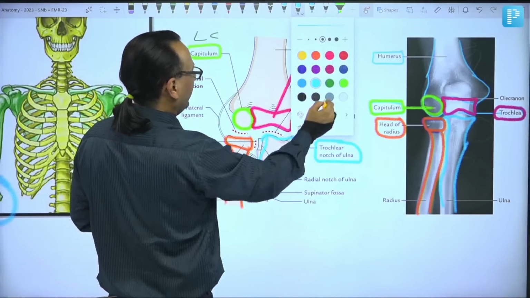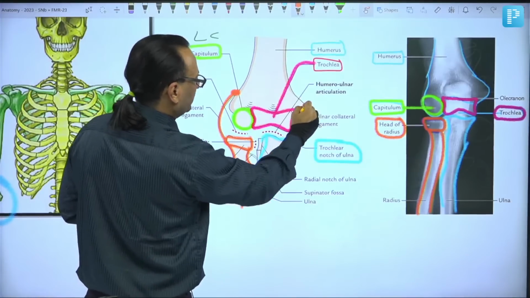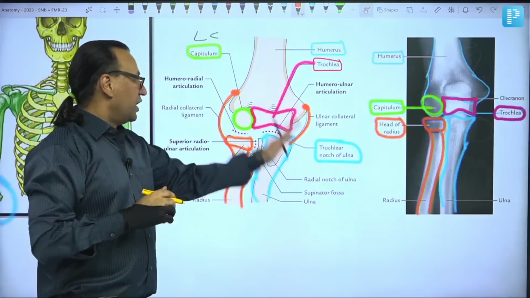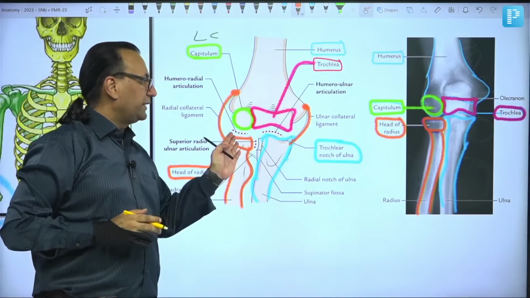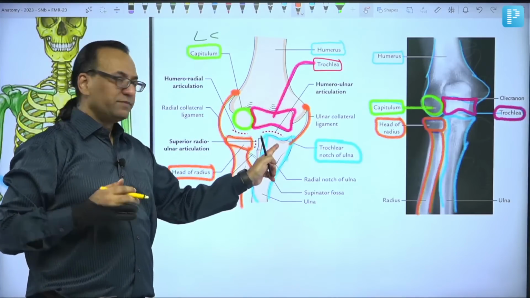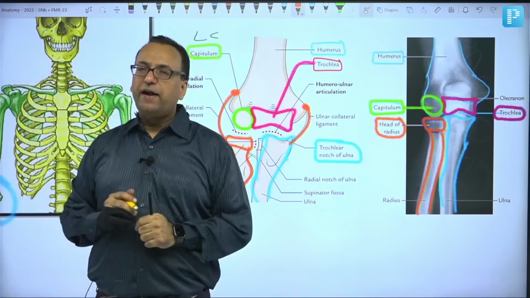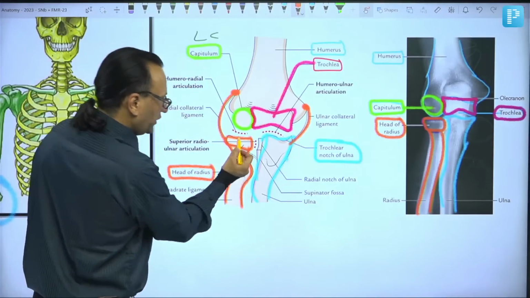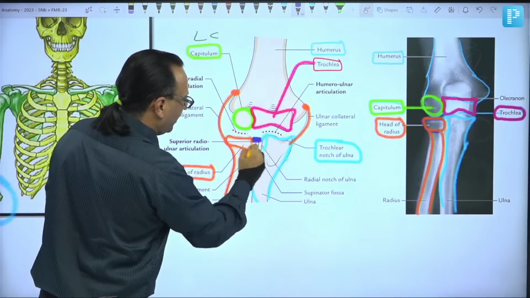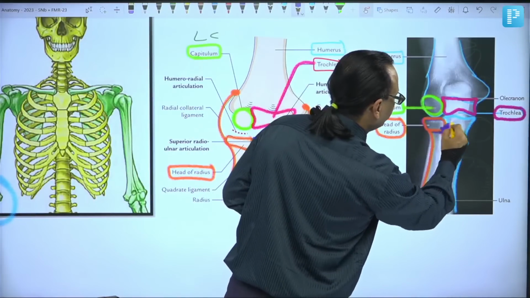You can see there is a capsule which is connecting the humerus bone with the radius bone, the humerus bone with the ulna bone, so that it is having a synovial cavity, synovial fluid. In this elbow joint, where 3 bones are articulating, mostly it is the humero-ulnar joint plus additional contribution by the radius. There is a superior radio-ulnar joint also included. So this is where you have, let us change some color, the superior radio-ulnar joint, and that superior radio-ulnar joint is